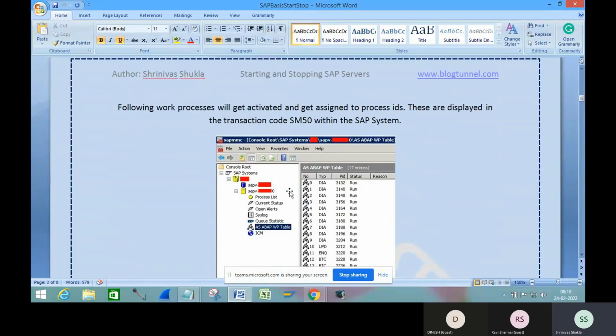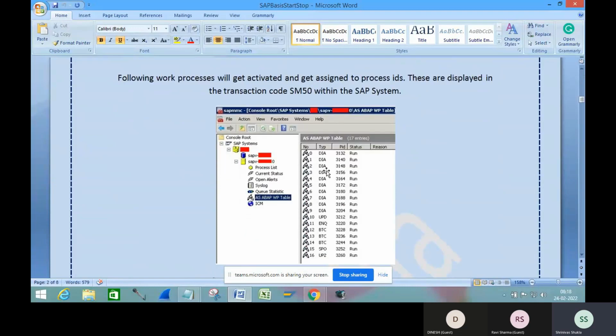Here you will find in more details. Here, let us say your system is not starting and you need to view the logs, so you can select the system. You can go to view and then view the logs. So they call it the dispatcher logs. You know. So whatever the errors are there, those are available in those logs. Now on the right hand side, you will find that these are the work processes which are shown here. Okay, this is the management console where it shows the